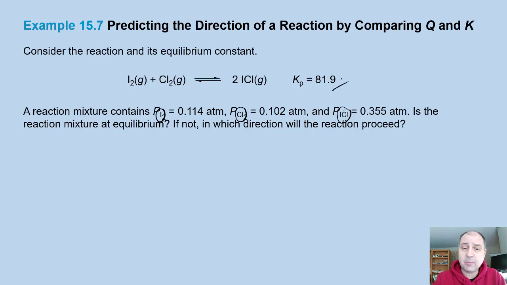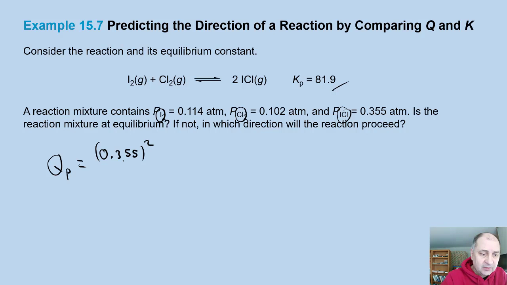We're provided with Kp, so we can simply calculate Qp. Qp is going to be equal to the pressure of ICl squared, which is 0.355 squared, divided by the pressure of I2, which is 0.114, times